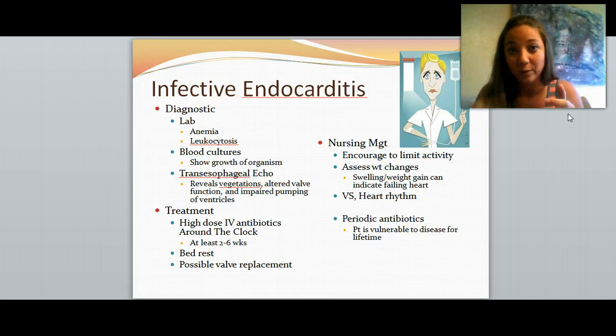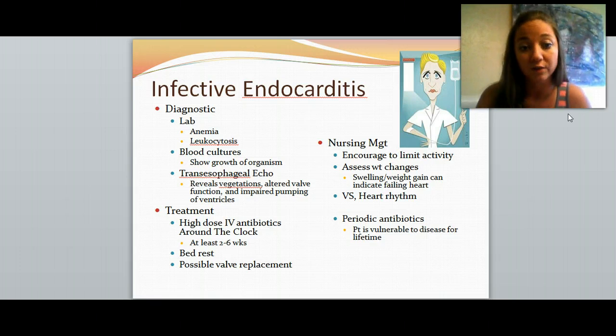Okay, and you've got to put a lot more blood within these. Okay, and you fill up 2 of them. They'll send them off for culture, and usually it takes about 72 hours before we get the cultures back and can really see what's grown in there. But once we get those back, we can see what microorganism has grown, and then we're able to determine the cause of the infective endocarditis.